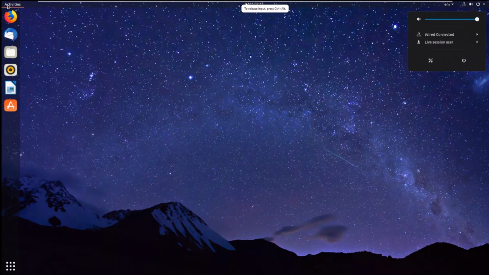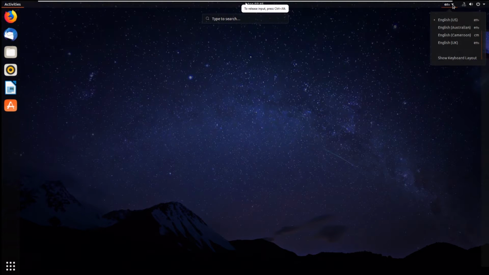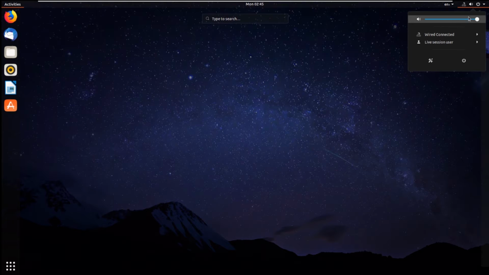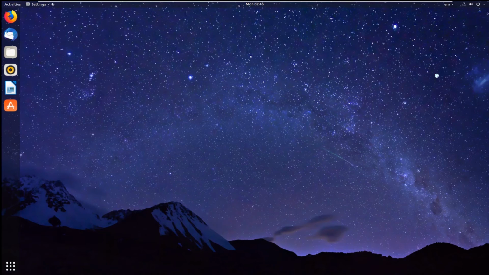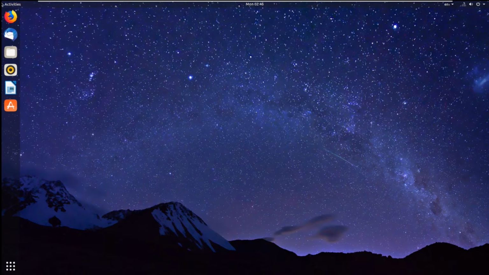It features the activities, the date and time, and the notification pane, the keyboard layout switcher, and the system buttons where we can change the volume, the network, configure the network or connect to the Wi-Fi or anything, switch accounts or log out, and the settings and the power button. There. So the activities